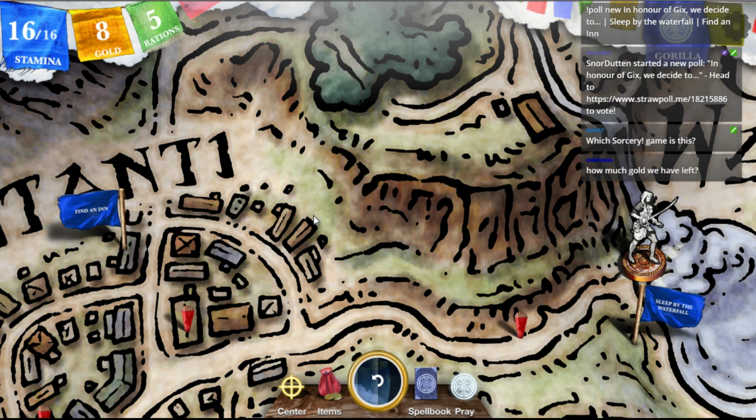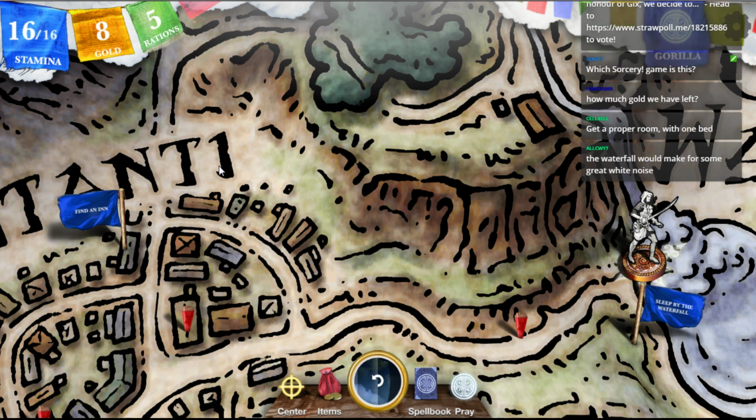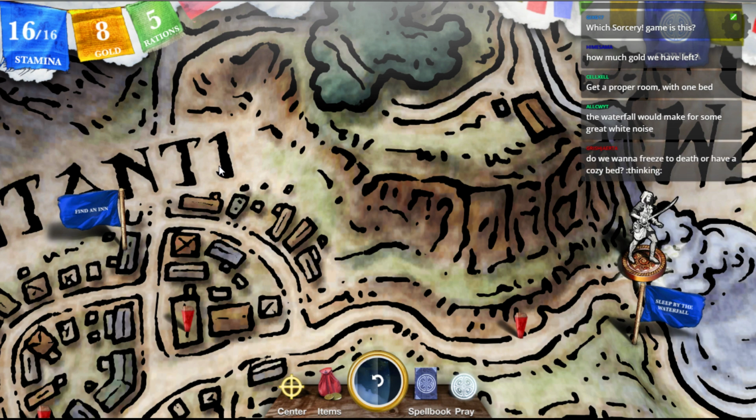This is the first one. We have 8 gold, says at the top there. We have a divided opinion here about where we should sleep. So yeah, this is the first game. We're going to try and make our way through all of them, though the rabble, which you have just joined, is making all the decisions, so...